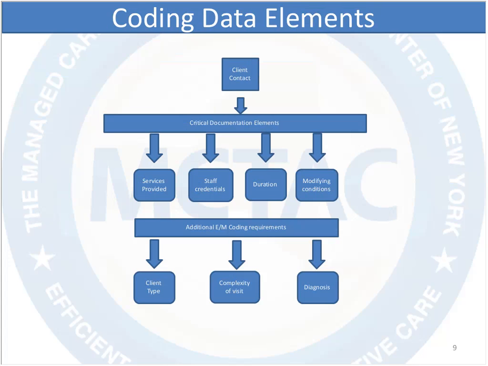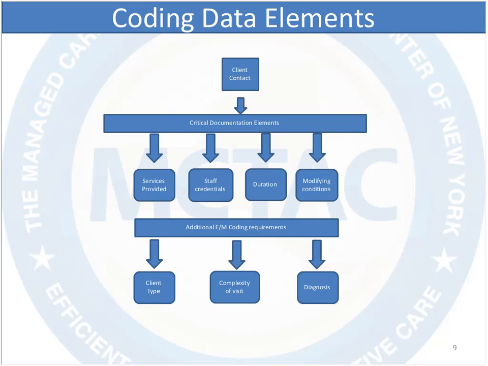So we tried to break down the coding elements that are necessary for this process into documentation elements, and then there are some additional E&M coding requirements, and we'll go through each of these individually. The critical documentation elements are the service that was provided, the credentials of the staff that provided the service, the duration of the service, and any modifying conditions that